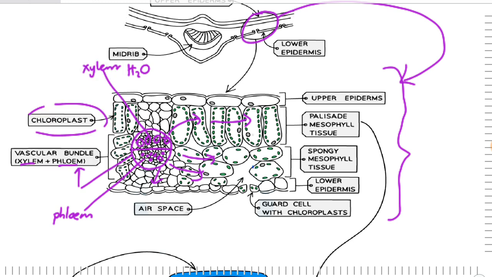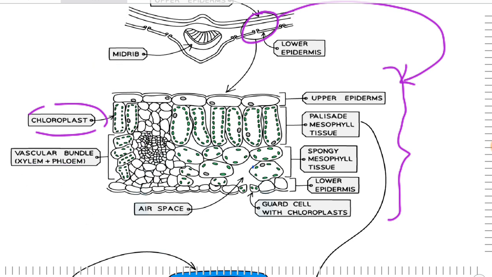The food that has been produced travels again, then it enters into the phloem. Then it is transported to several parts of the plant. Then after having known the xylem, the vascular bundle, we also want to know the other part,